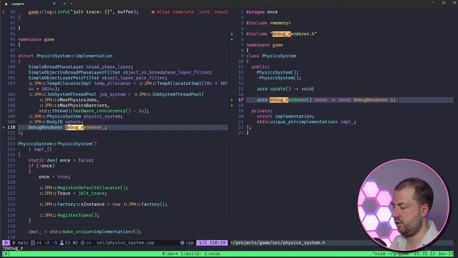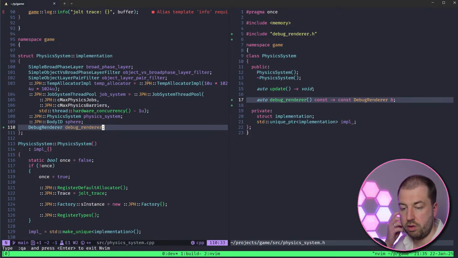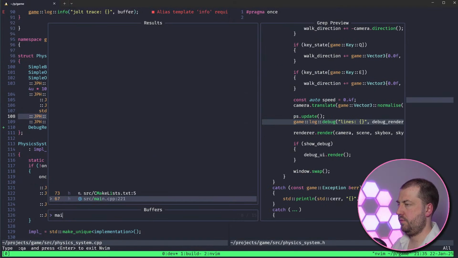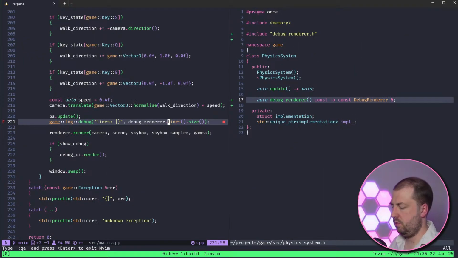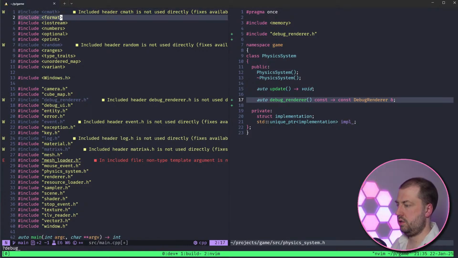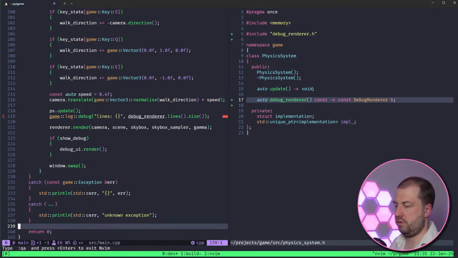Did I put the underscore? I did. Damn it. Okay. Okay, hopefully that makes sense, like why that was an issue. Hopefully that makes sense. So now we don't need debug renderer. In fact, that can go, because then down here, rather than doing